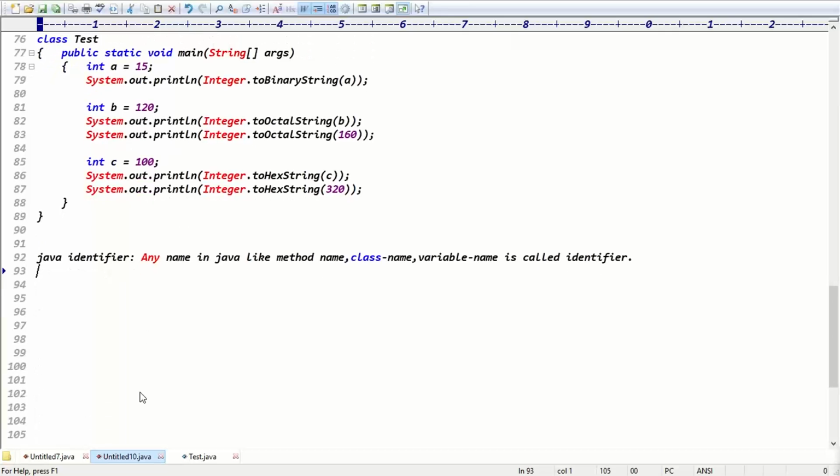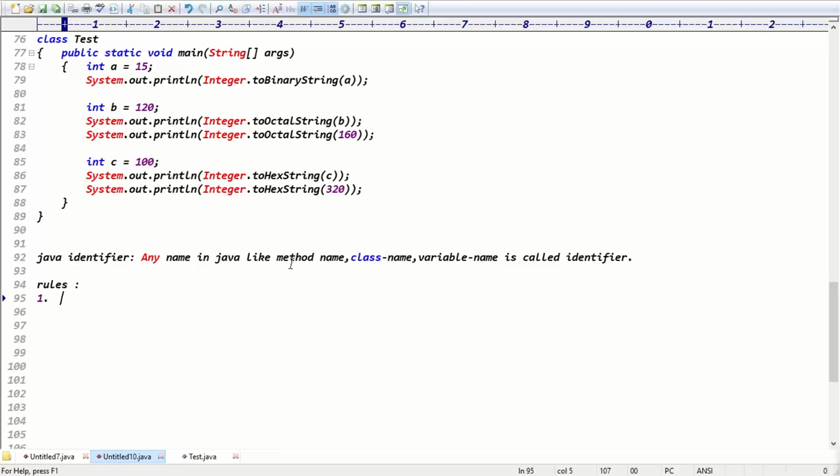Identifier means any name in Java. While taking the identifier, we have to follow some rules. What are the rules?